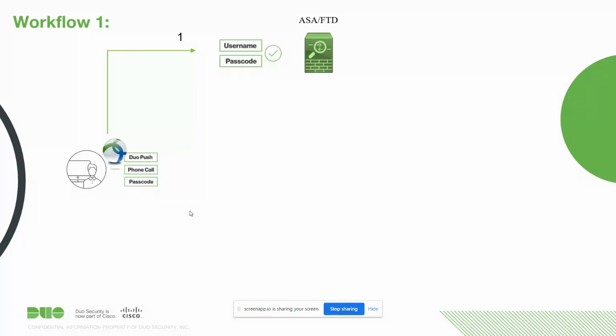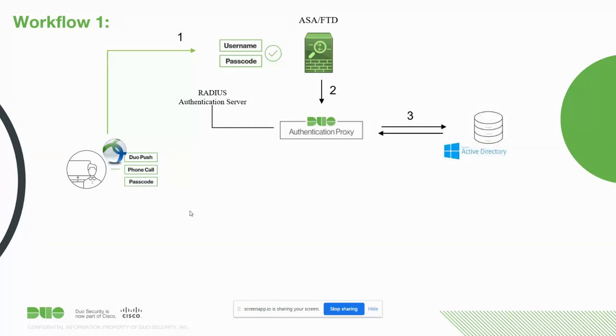The VPN gateways are further configured with a RADIUS authentication server, which in this case is the Duo Authentication Proxy. I have installed this Duo Authentication Proxy on one of the servers. The Duo Authentication Proxy in turn is configured with a primary authentication server as an AD client in the configuration and uses AD as the primary authentication source. Once the username and password are verified,